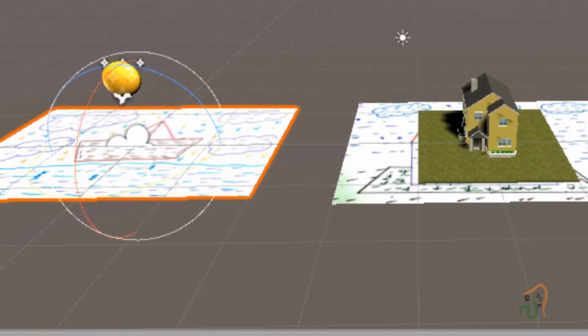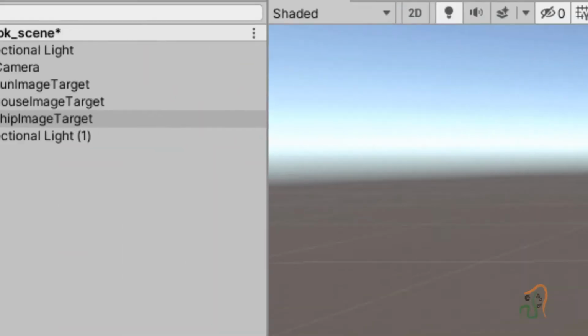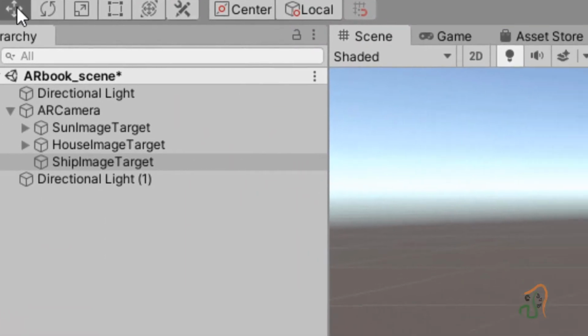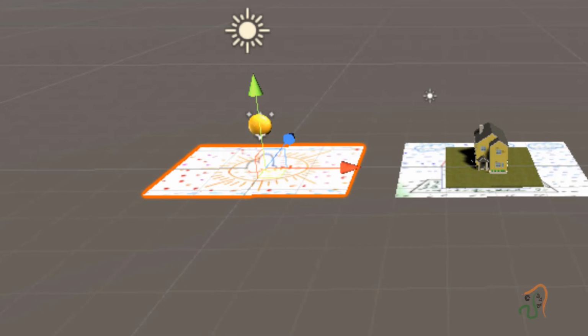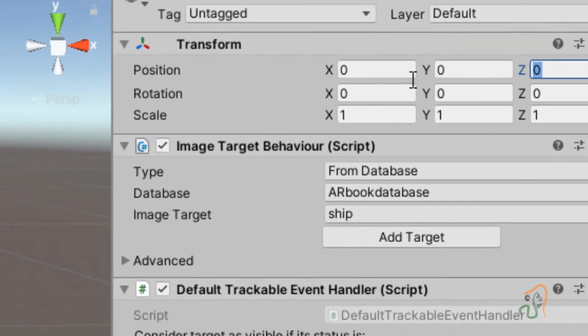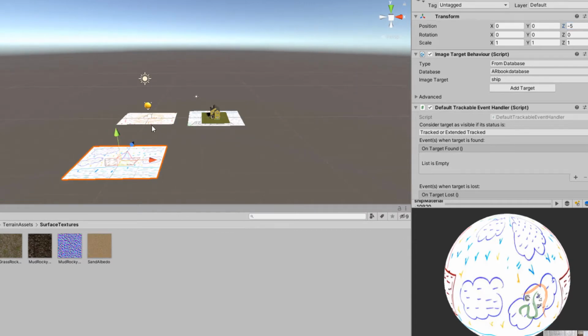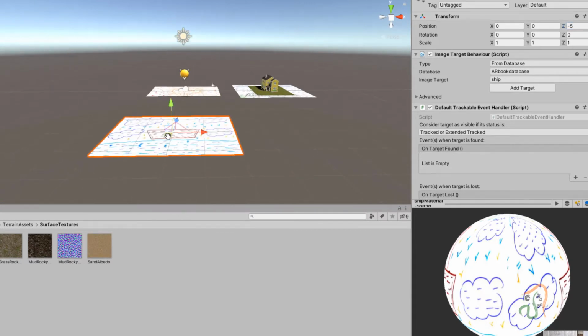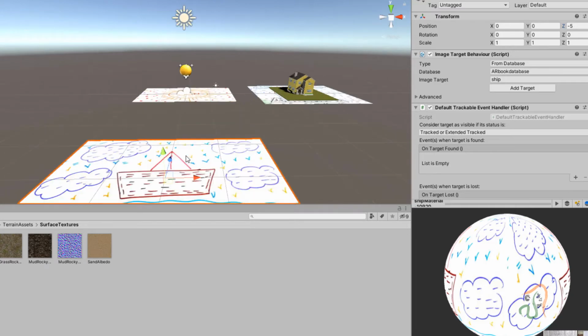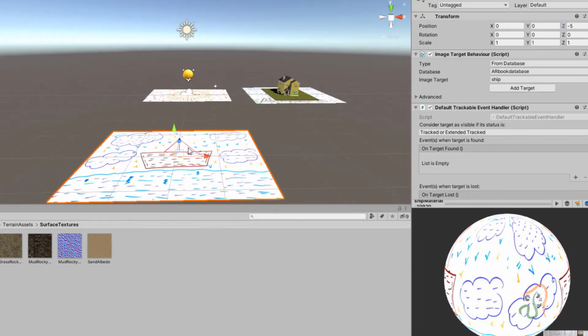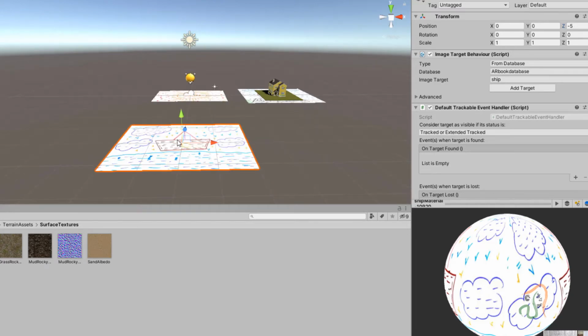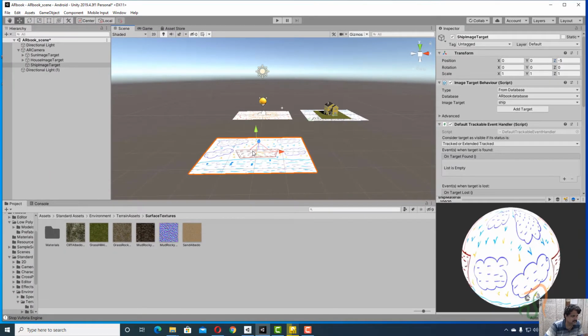So to move this, select the move tool here, and with the move tool selected, along the Z axis type -5. Now you can see the ship image is placed over here. See that it is oriented correctly. So this is the ship image now. We have added the ship target, and our next mission is, first we shall add a water prefab.